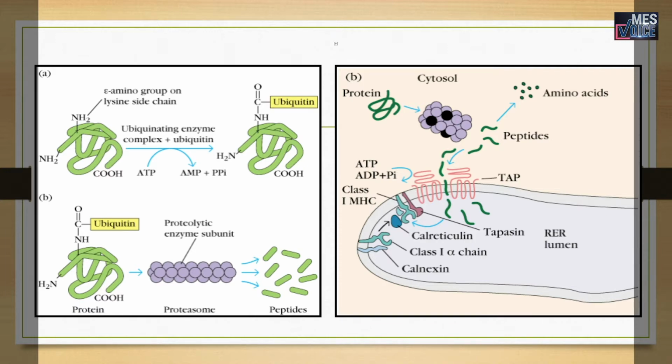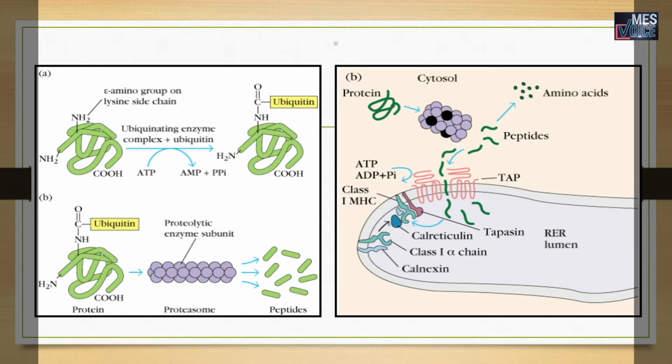complex called the proteasome. This proteasome is a cylindrical particle consisting of 4 rings of protein subunits with a central channel of diameter 10 to 50 angstrom. This proteasome cleavage also requires ATP. In the left diagram, peptide fragments are generated from the proteasome. In the right diagram B, we can see the peptides generated from the proteasome, now present in the cytosol,